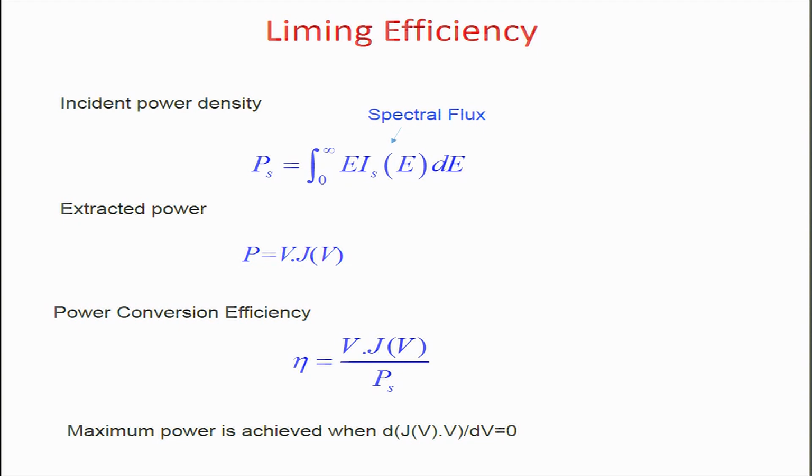J is current density, I is current, okay, and these two are loosely used in the literature, but make sure as a person who analyzes the efficiencies, he or she must consider the areas carefully and get the units right. So, now we look at the effect of band gap.